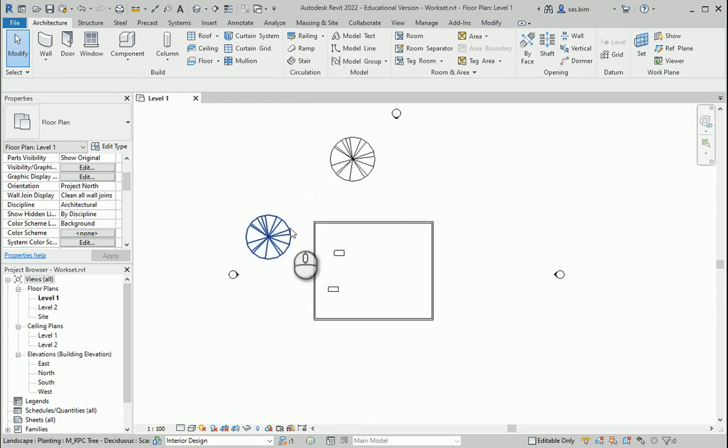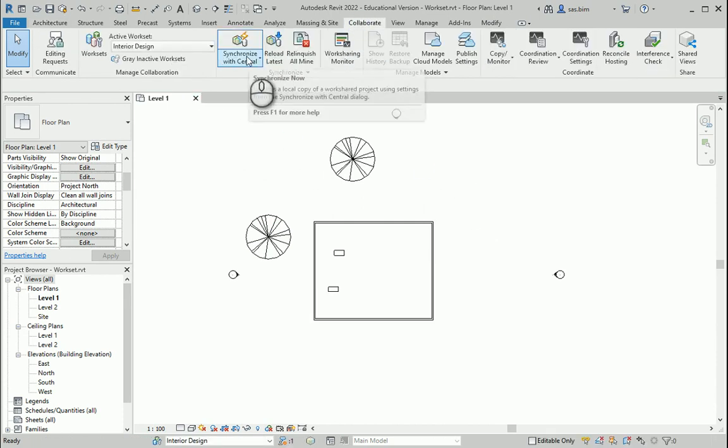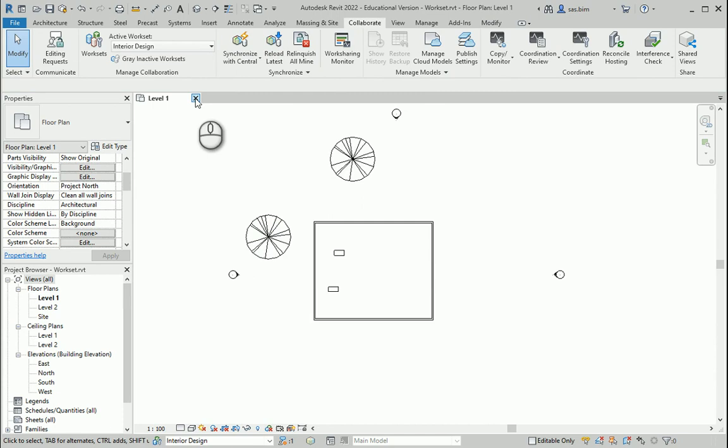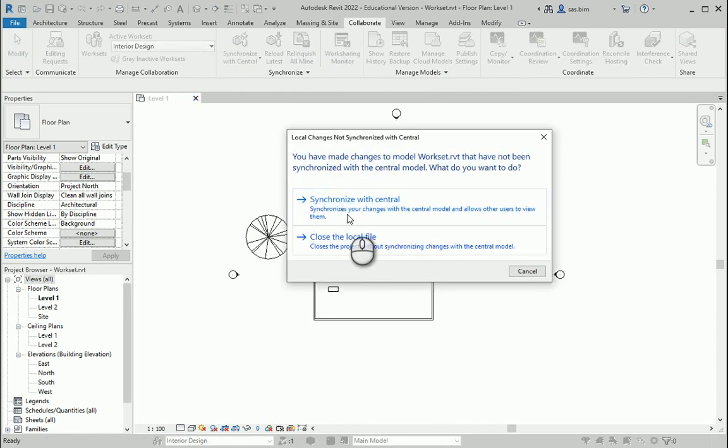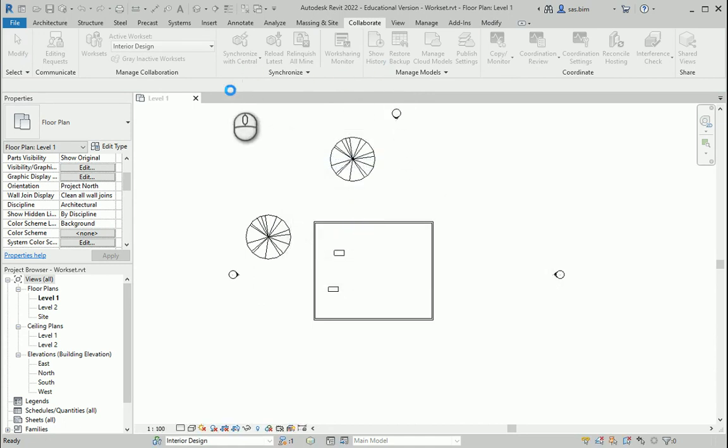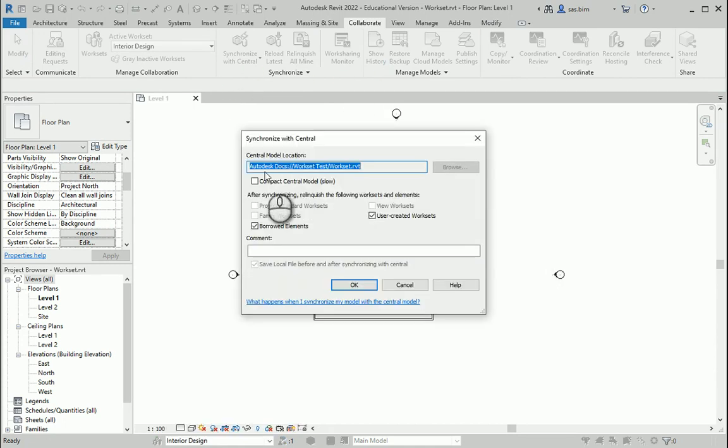Now I want to leave here and go to the other settings. So I want to close the file, but before doing that you can synchronize it. Or if I try to close it from here, it's going to ask me, do you want to synchronize it or you just want to close it? I want to say I want to synchronize. So if you forget to synchronize it first, it's going to ask you and it's going to put it in this location. That's the name of the project folder that I created. That's the name of the Revit file and it's all in Autodesk Docs. So that all looks good. I'm going to say okay.